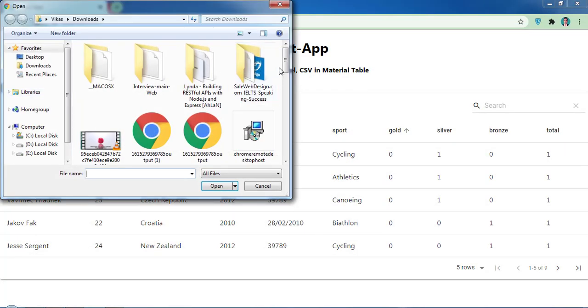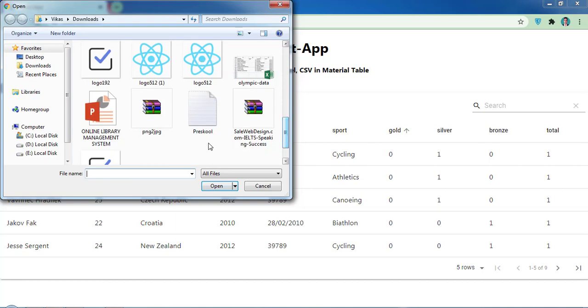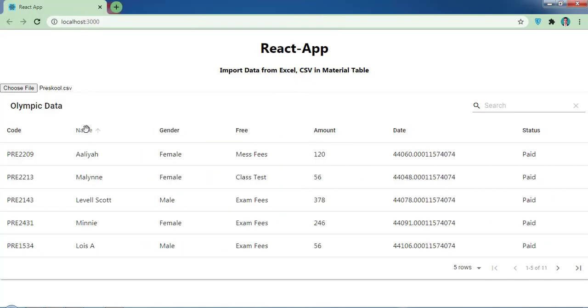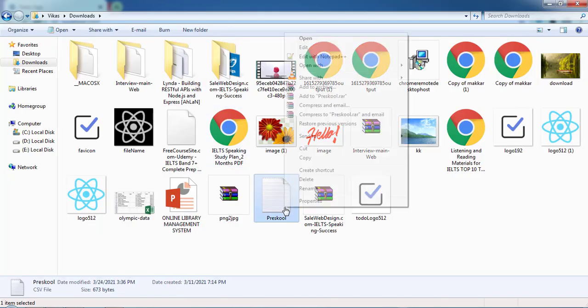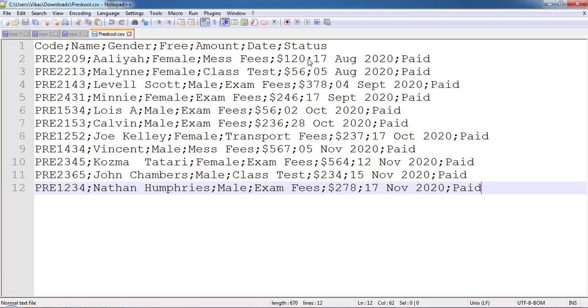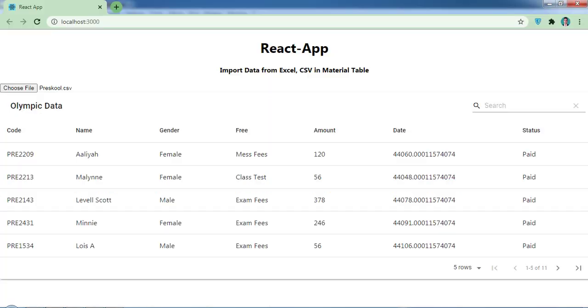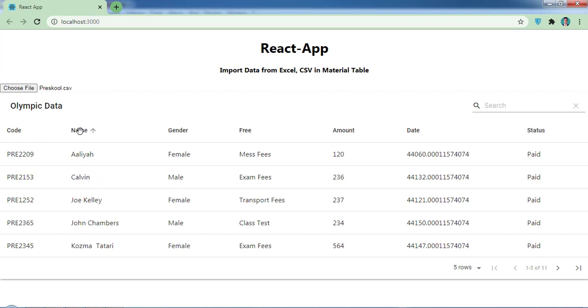From here, let's select a CSV file. Okay, and now you can see the data has been changed. As you can see the extension .csv and here we have data right now. Let me open this file and show you. So here, edit with Notepad. And basically these are the data I am using here. First here you can see this name. So let me show you here we have. Okay, so we can do all the operations here as well.